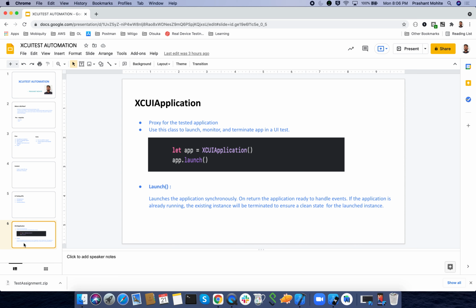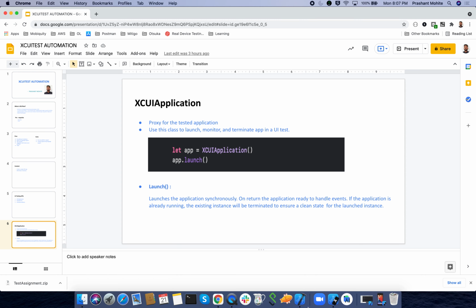The most frequently used is app.launch. It will launch your application, and once it is launched, you are able to handle the events, meaning you are able to find the elements, maybe buttons, text, whatever elements are on the screen. Whatever functional flows you want to write using the locators and the events can be done once the application is launched. So you can say this is the entry point for your automation. We'll see the different methods you can use, but app.launch is very common.